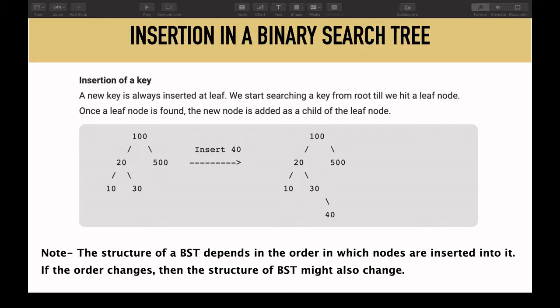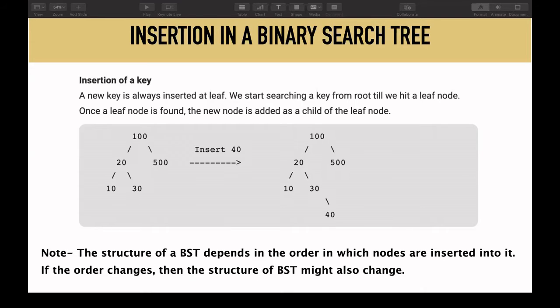So I recursively do the same thing. I first checked the value at the root and concluded that 100 is greater than 40, so I traversed to the left child of 100. Now I went to 20. The value 20 is strictly less than 40, so 40 can never lie in the left subtree of 20, because all the values there are lesser than 20. So 40 has to lie in the right subtree of 20. Again recursively, I go to the right child of 20, which is 30.